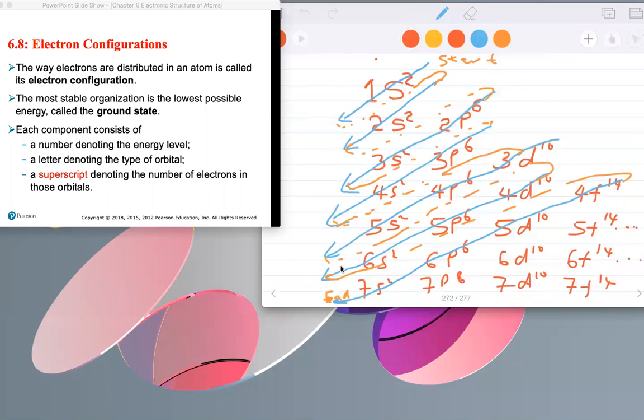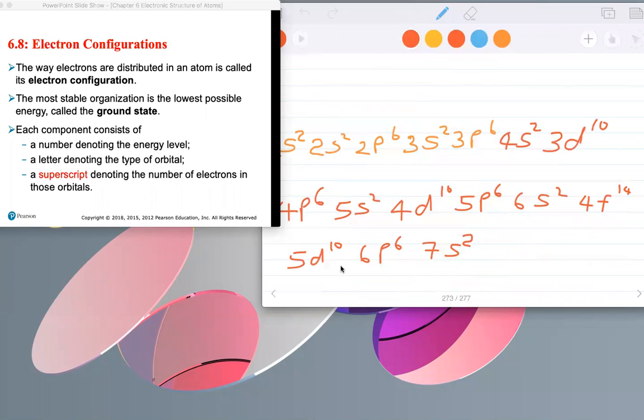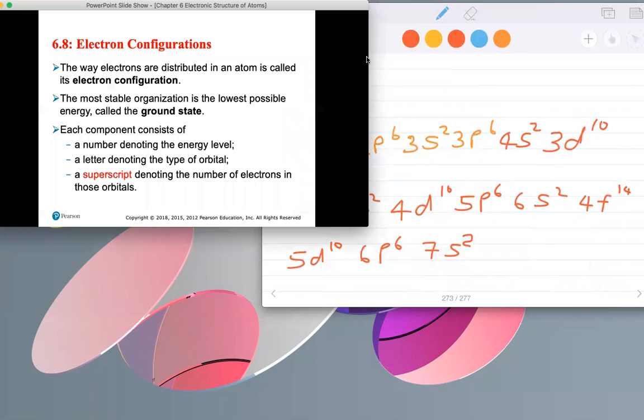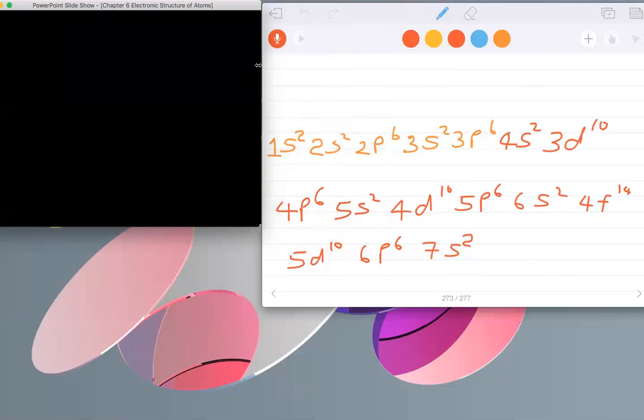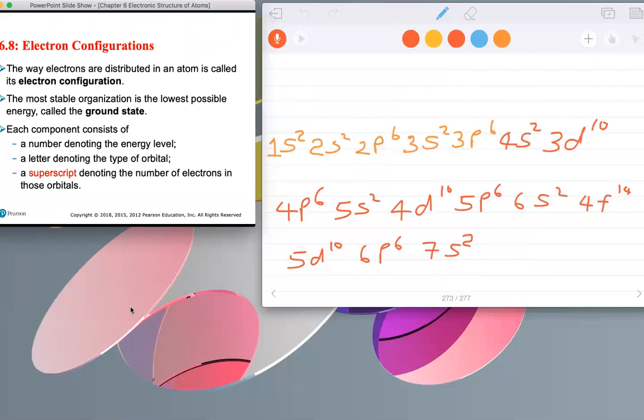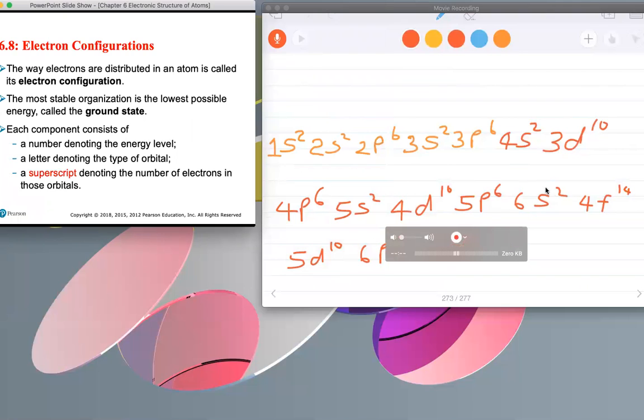I don't want you to try to memorize this arrangement. It will be too much, or chances are you may fail to capture the overlap of orbitals. What do I mean by overlap? I wanted to show you that if you try to memorize this pattern right here, chances are you may miss the overlap. Overlap is having a higher value coming in before a lower value. This is called overlap of orbitals,